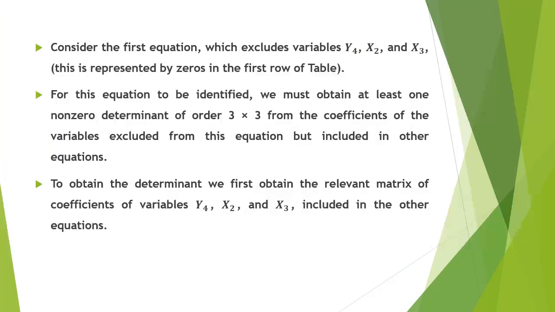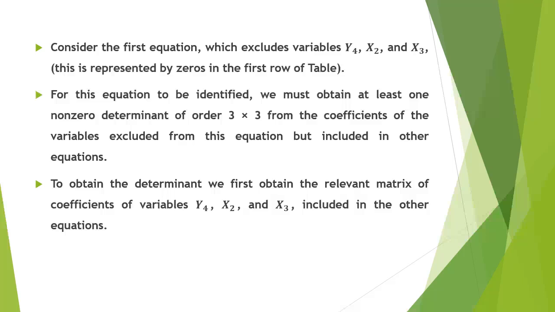Let us recheck it with the rank condition. Consider the first equation, which excludes variables y4, x2 and x3. This is represented by zeros in the first row of the table. For this equation to be identified, we must obtain at least one